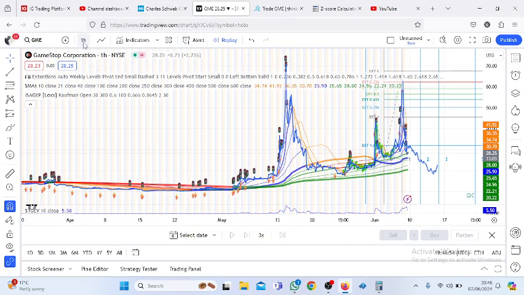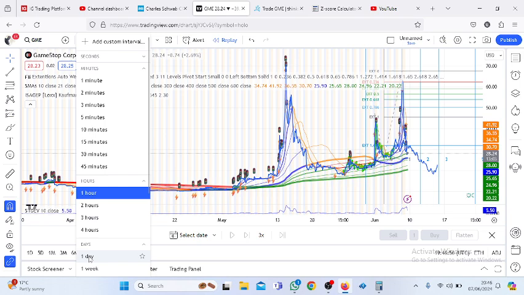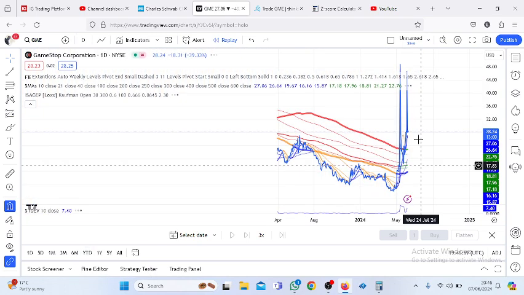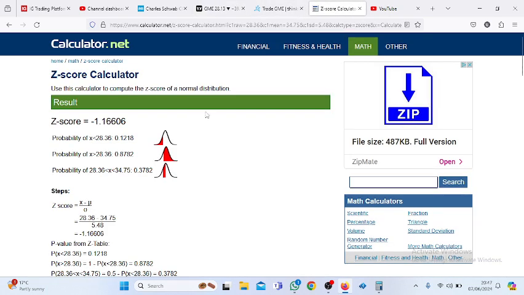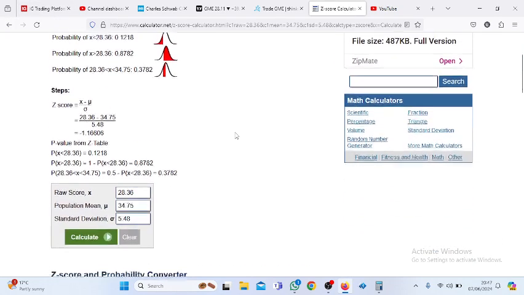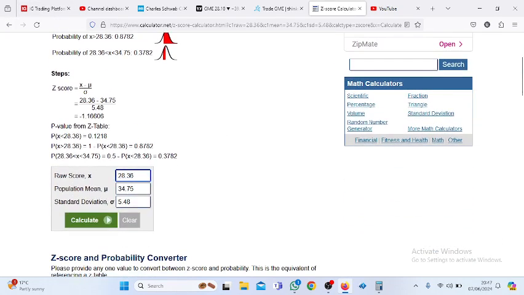Let's look at that rejection, the probability of it retesting this high. We got it as 46.55%. Let's revisit that probability again. 46.55, and we obtained